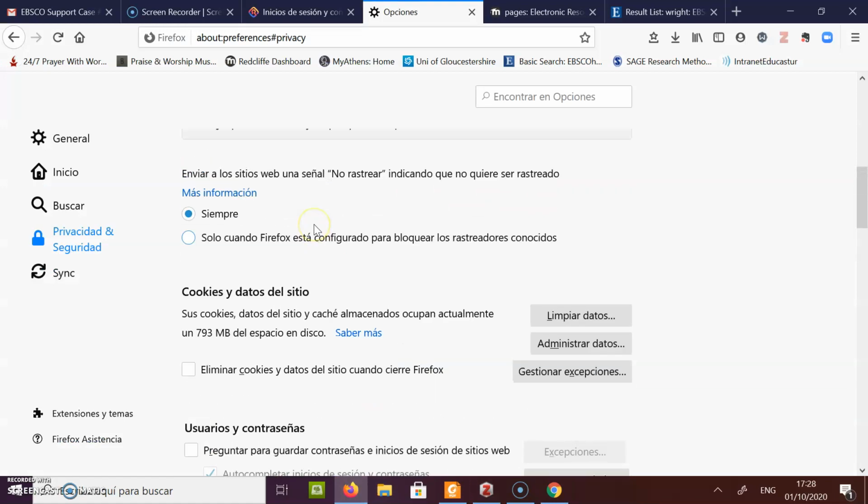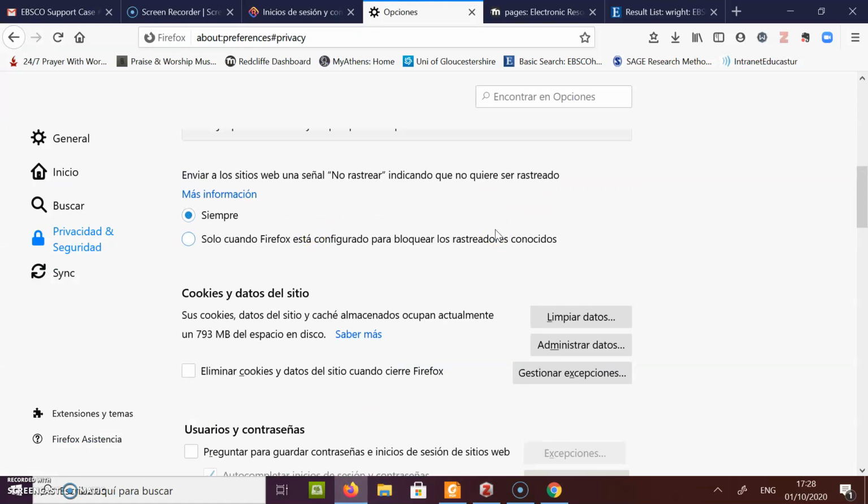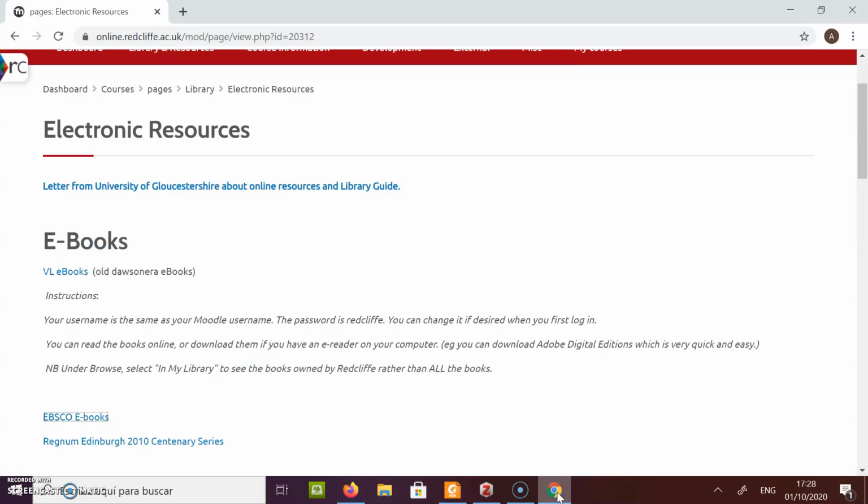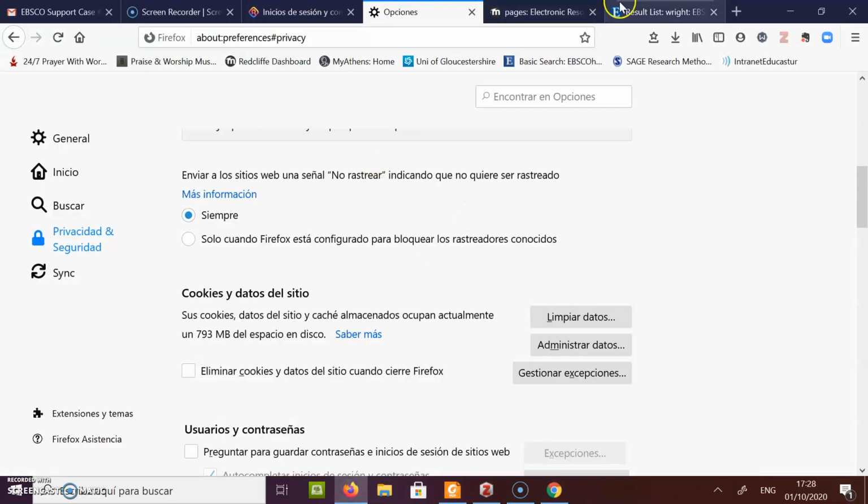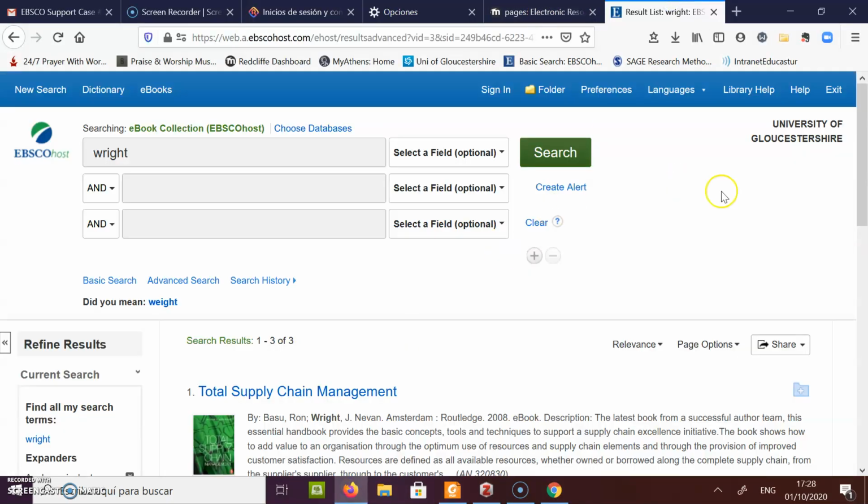I don't know what happened this week. It logged off out of the Gloucestershire University login, and then, yeah, it didn't open anything. It gave the same error as it does in Chrome. In Firefox it did give the same, but then I logged into the Gloucestershire University login again, and now it gives